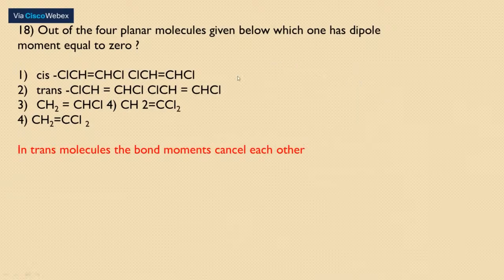So here in this case, a dipole moment will be there for this molecule because the two sides are not similar. You just take half of this: this part is different and this part is different. Definitely you can expect a dipole moment here and here also, and even in the cis case you can find a dipole moment. Only in the trans form of this molecule, thereby here